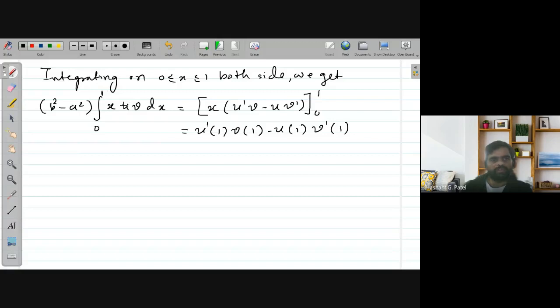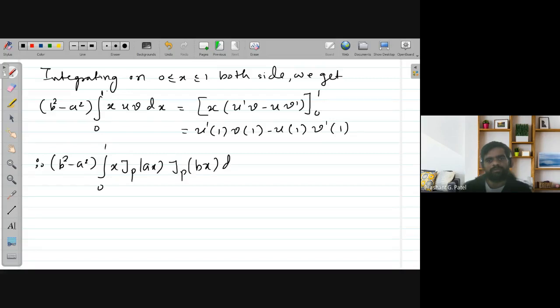So hence, what is this u and v? Let us substitute this value of u and v. So therefore, b square minus a square integration from 0 to 1 x into Jp of ax Jp of bx dx is there. And this will be a u dash, that is at 1. U is, we know, Jp of ax, where x is 1, so it is Jp of a, then v dash, sorry, Jp of b, because your v is Jp of bx